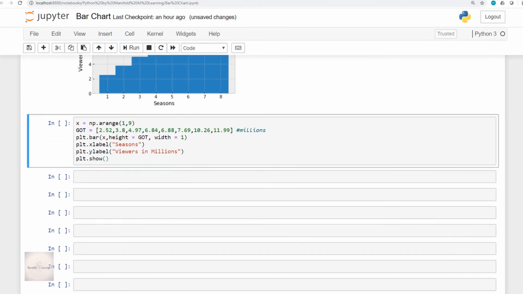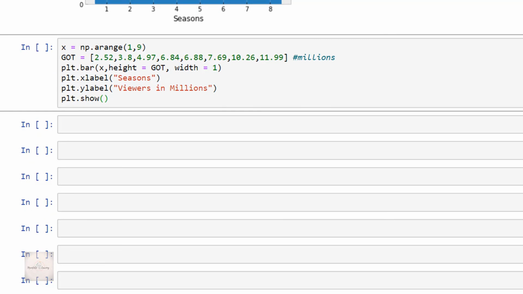But here in this plt.bar, I'll pass some other arguments like color is equal to pink, and then edgecolor is equal to red, and afterwards I'll give linewidth is equal to 3, and of course this linewidth specifies the width of the edge. Okay, let me execute this code cell.